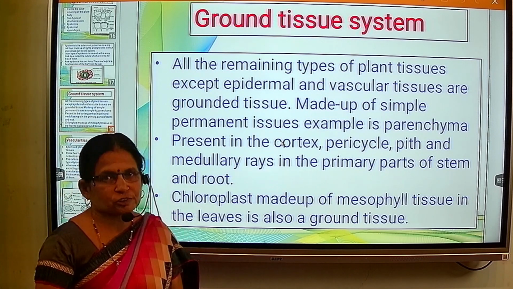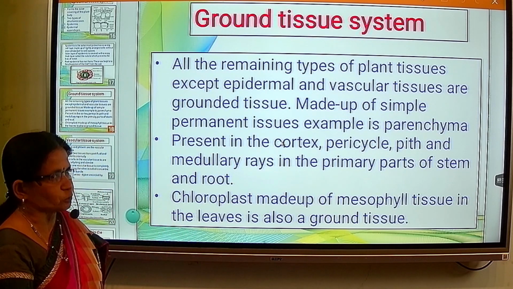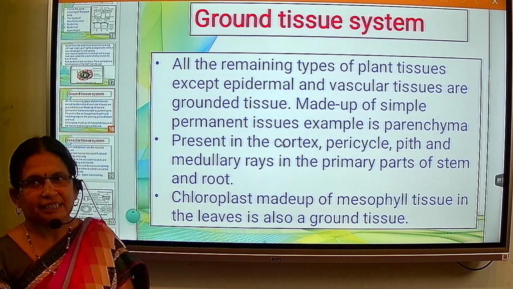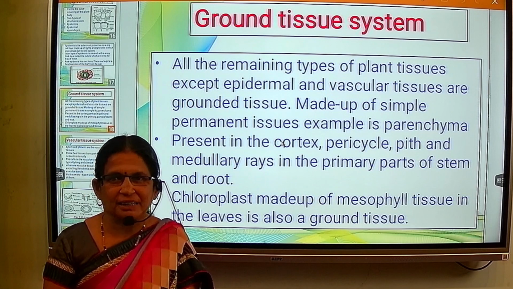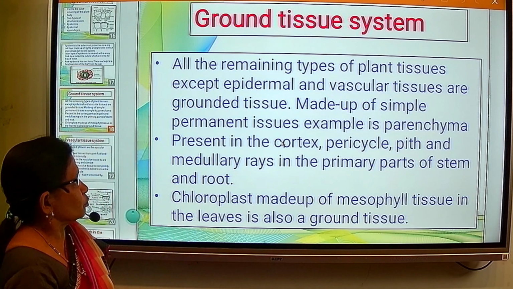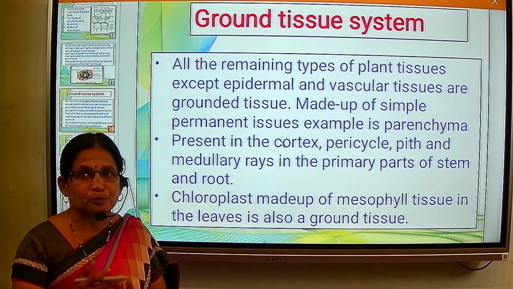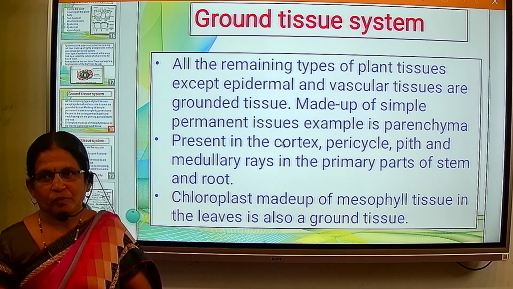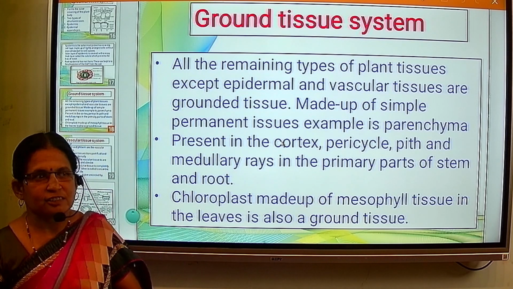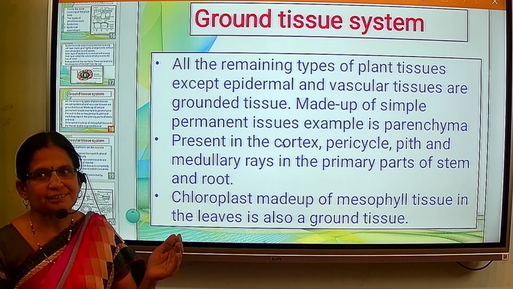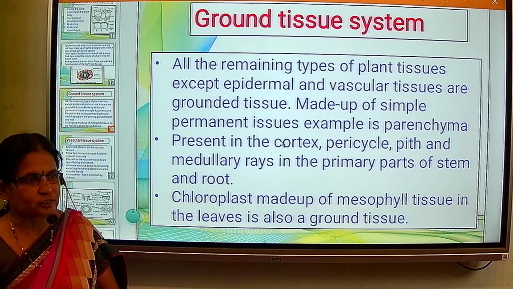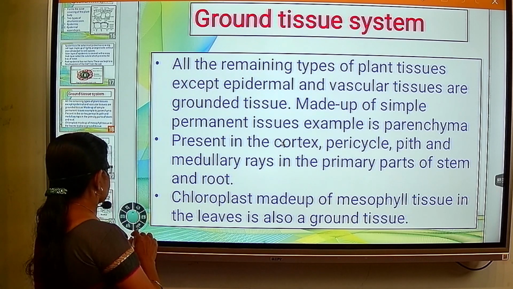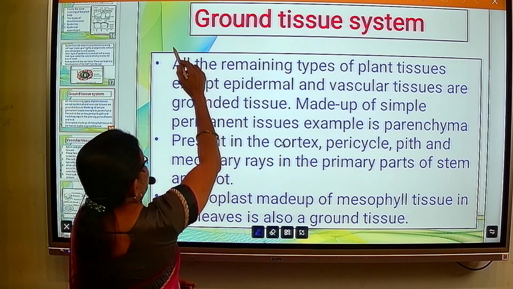Second tissue system is the ground tissue system. Now, the name itself indicates what is meant by ground tissue system. It means the cells below the epidermal level or the epidermis. All these cells, epidermal cells and vascular cells, remaining all the cells are forming the ground tissue system,